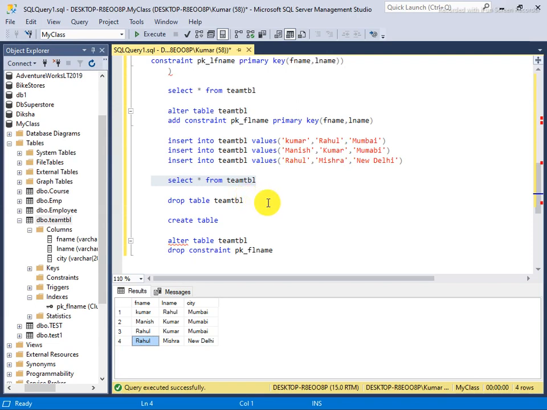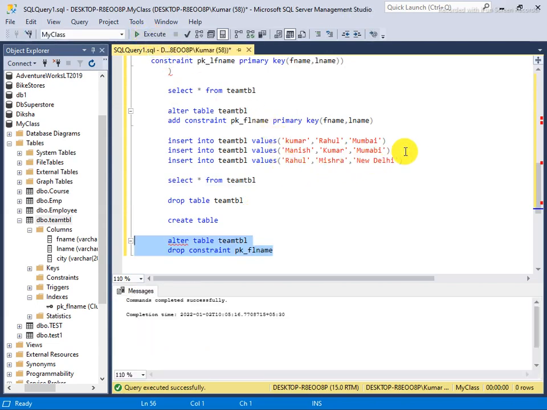Now, in the same way I also told you how to drop a constraint. If you drop the primary key, then it will accept all the duplicate entries, because the primary key has been deleted. In this way you can drop a constraint, and that's why I told you to give the primary key a name. If you are putting any constraint on your table, it's good to write the constraint name this way, so that you can give it whatever name you like.